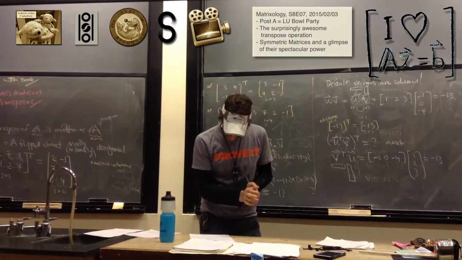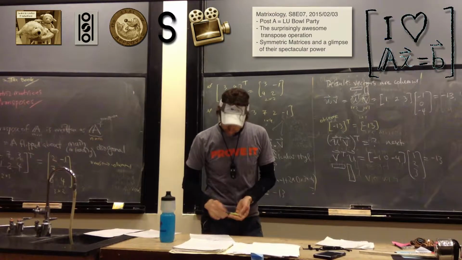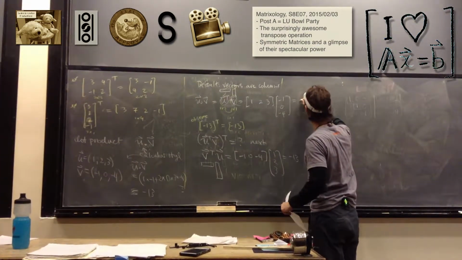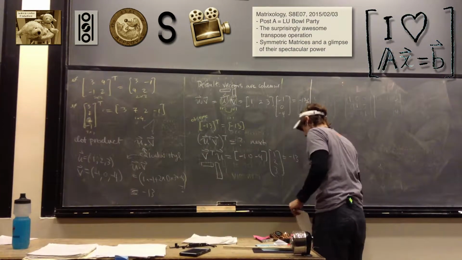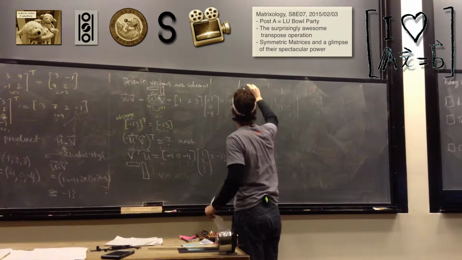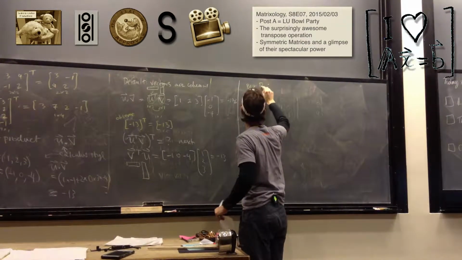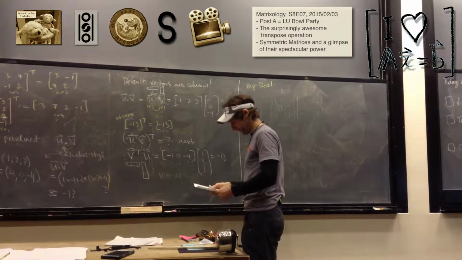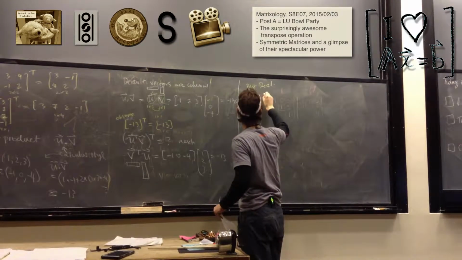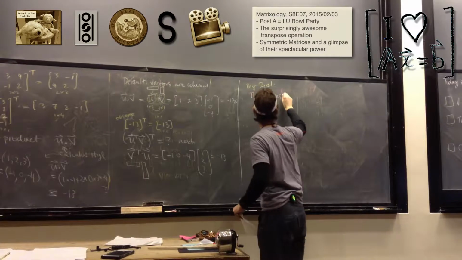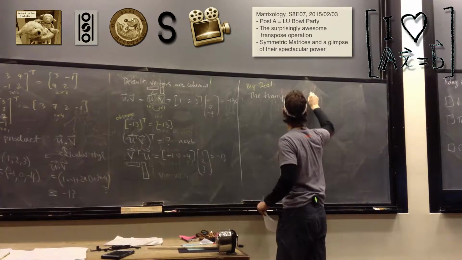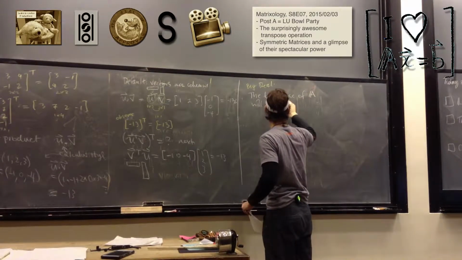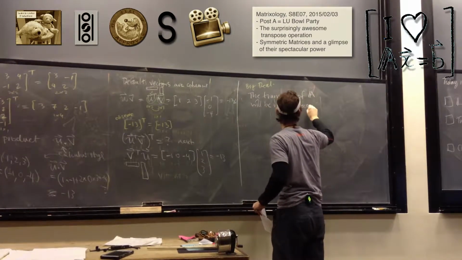Okay, well let me say this. I think you should have it. I'm raising an important thing. So, big deal. Let me write it out for you so you have it. The transpose of A will be ridiculously important. That's a mathematical term. Ridiculously important